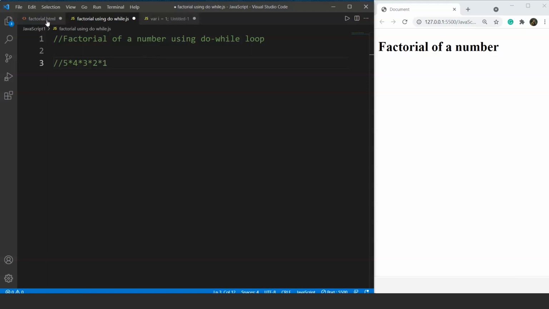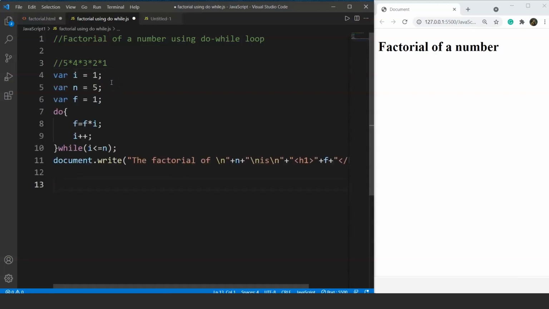This program is pretty simple as compared to the previous two we did. So this is a small one too. Let me take you through this. Here we have the program, and here we have 3 variables, right? We have a variable I, which is initialized as 1, then we have a variable n, which is 5, and then we have a variable f, whose value is 1. F is for factorial and n is for the number we want to check the factorial of.